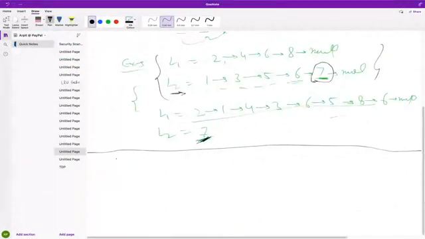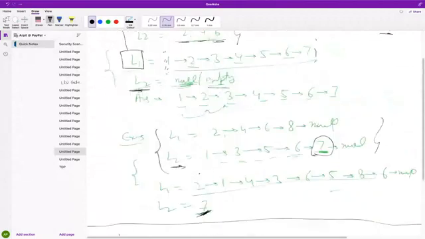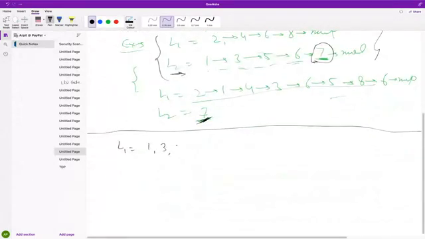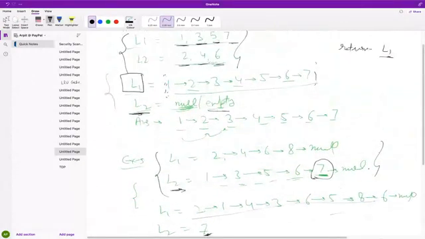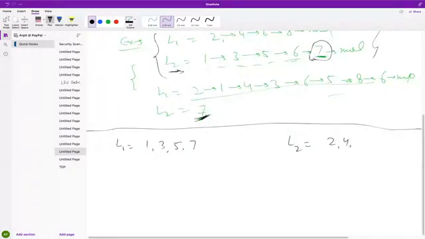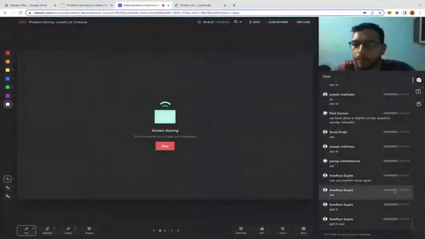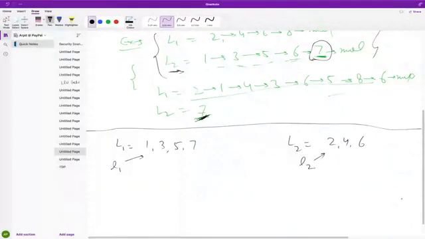So let's take the two linked lists here. L1 is equal to 1, 3, 5, 7. L2 is equal to 2, 4, 6. Okay. So now you already know the two pointers, L2 pointer and L1. These two pointers we have already taken. So now guys, we can take one more pointer here or two more pointers. So why are we taking those two pointers? Just to pick,